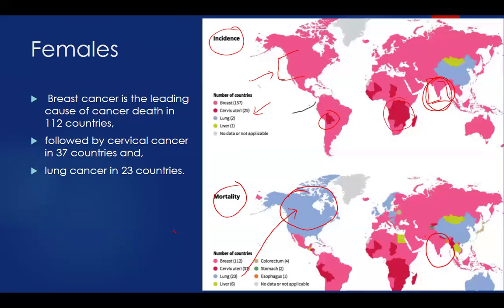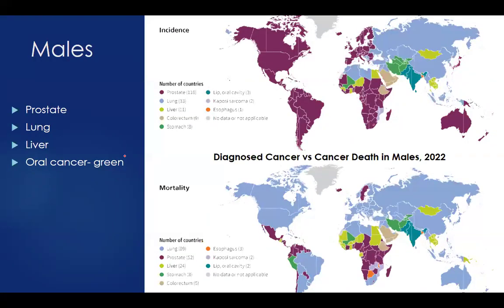All right, so just to tell you that there's lung cancer in about 23 countries. Look at death by lung cancer in North America, in China, also in the UK and in Australia. Therefore, lung cancer seems to be really one of the deadliest cancers. And that was in females. And the same story is in the males.